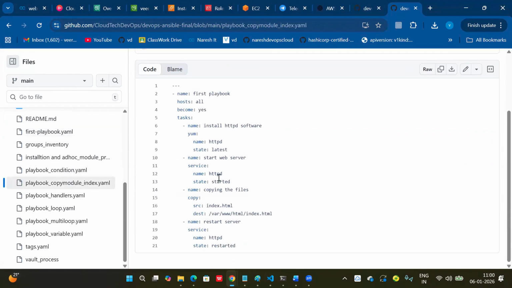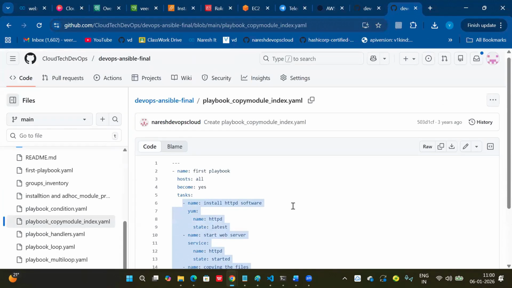So here a total of 4 tasks are there: install HTTP software, start web server, copying the file, restart the server. So these 4 tasks we have included in a single YAML file, the playbook.yml file. These 4 tasks will be executed one by one.